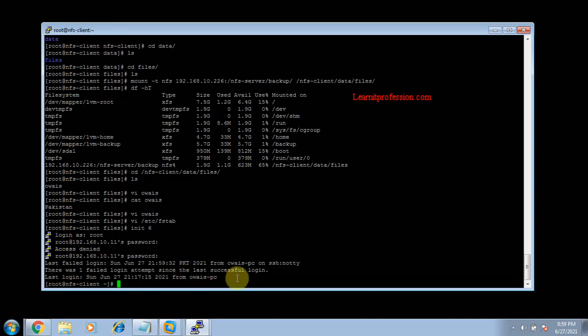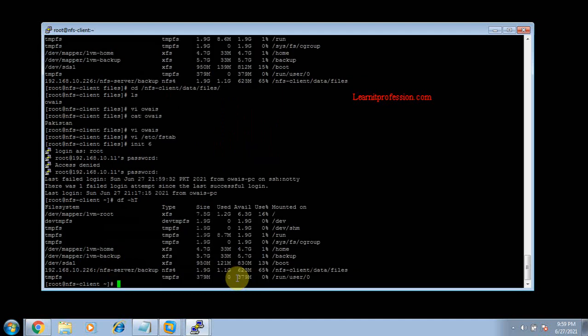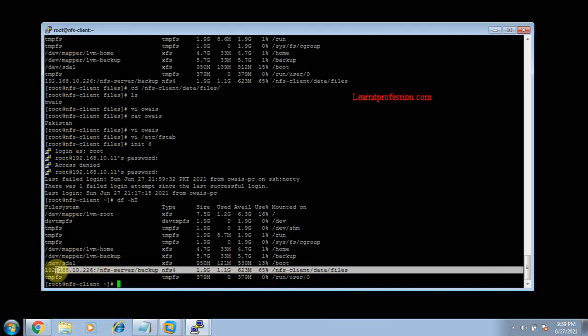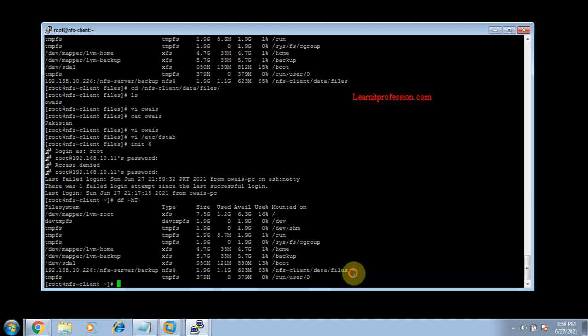Okay, type the command to check the mount point. The command is df space dash h and then capital T. Okay, you see the mount point is available after the reboot of the machine.